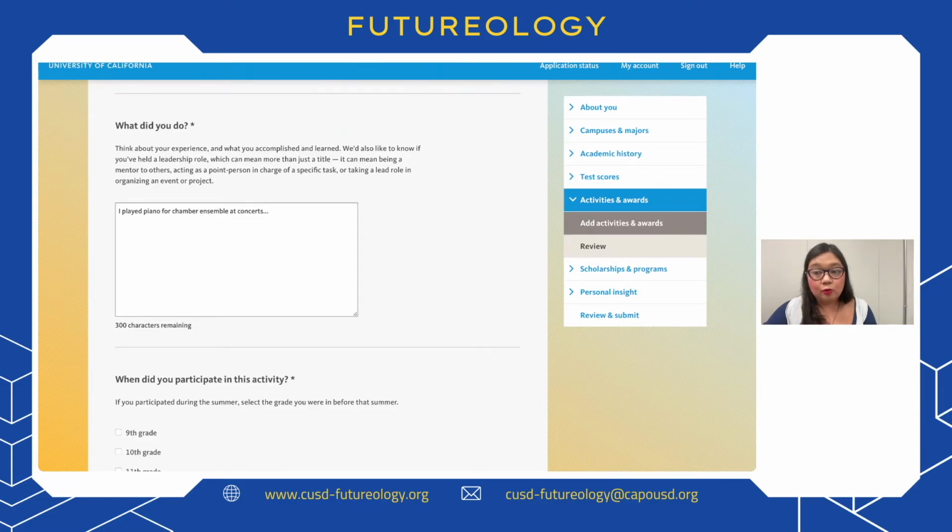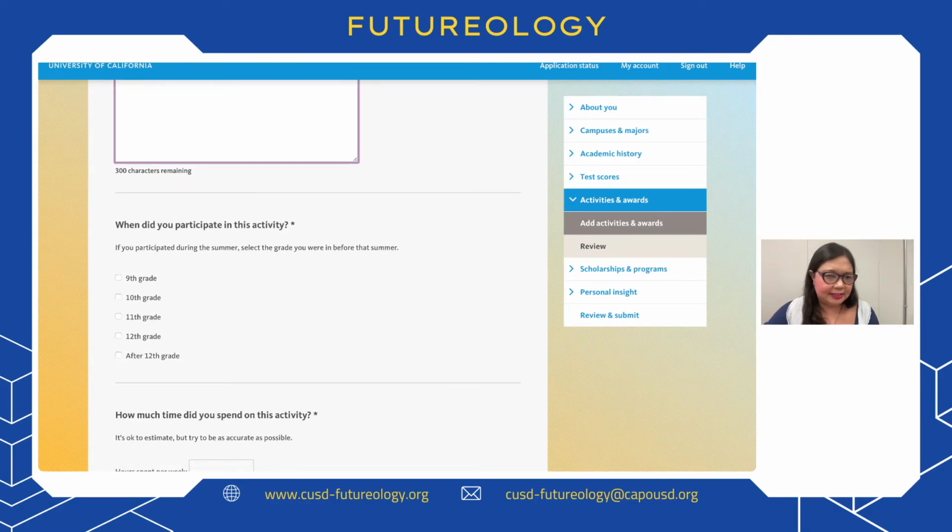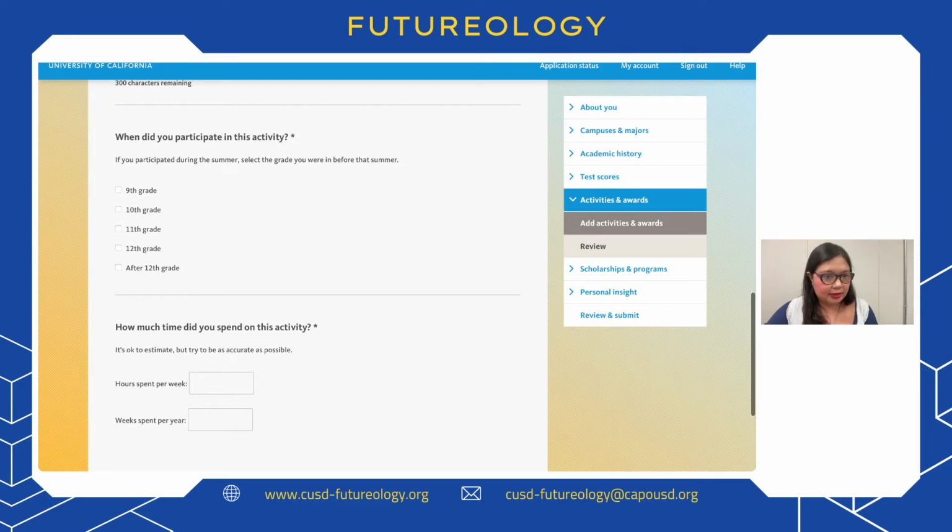sport or activity. What was my role? Did I have any leadership? Did I attend any special events associated with that club or activity? And when did I participate in this activity? So I can indicate all the grade levels that I've